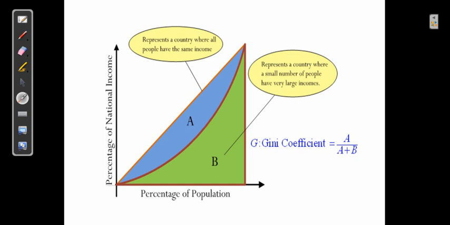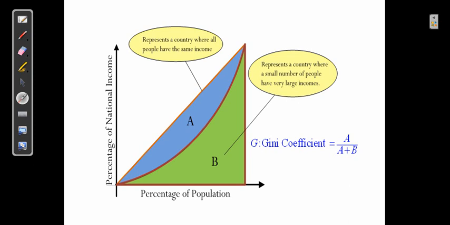However, if someone is having a Lorenz curve away from this line, it implies that in this country there are a small number of people with very high income. So there is income inequality. Now supposedly this blue colored region A is representing the area below the line of perfect equality but above the Lorenz curve, and B, the green colored region, is representing the area below the Lorenz curve. So you can obtain Gini coefficient by using the formulas of area.